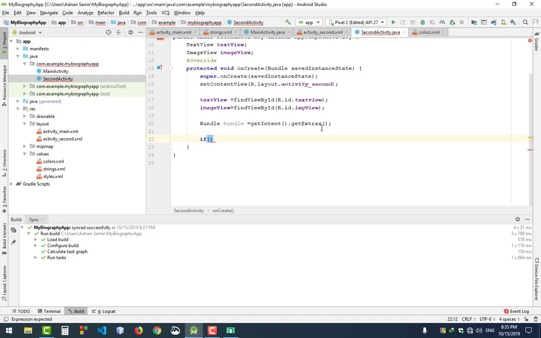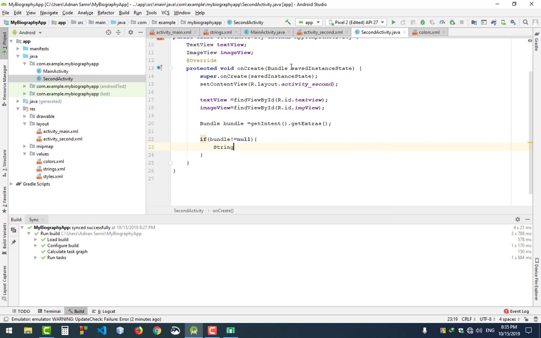It will catch the key of button 1, button 2, and button 3 that we set in the main activity. And if bundle is not null,